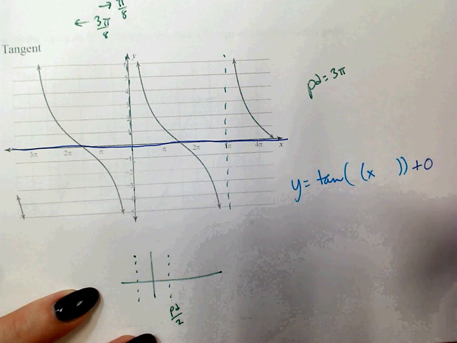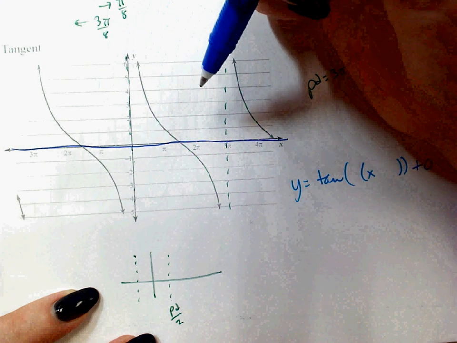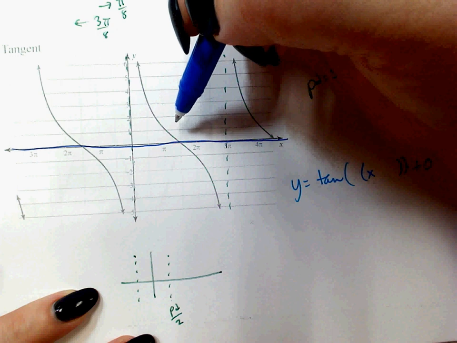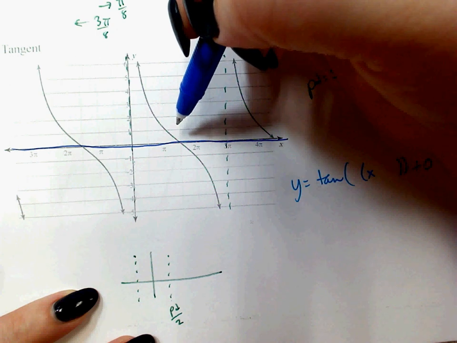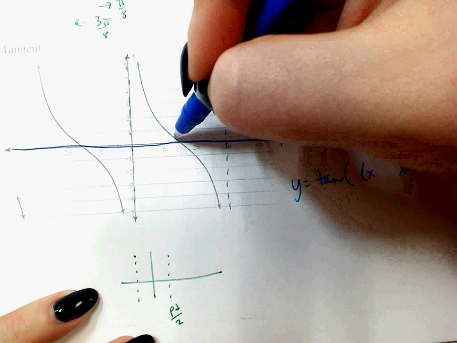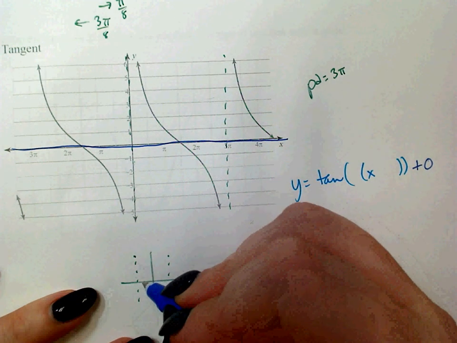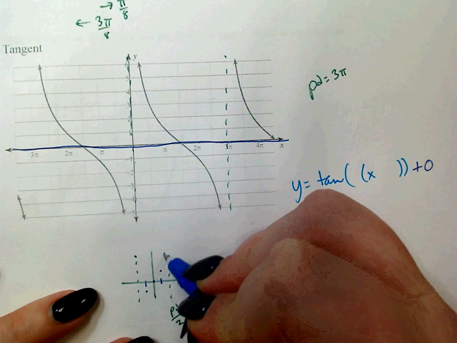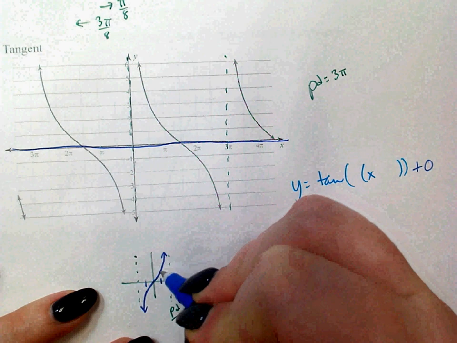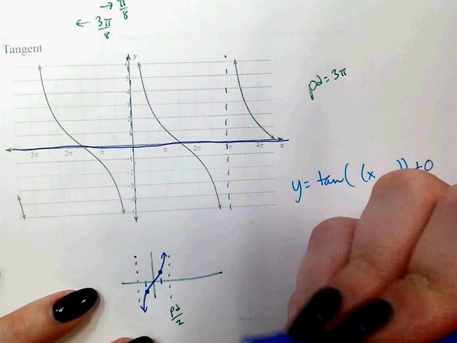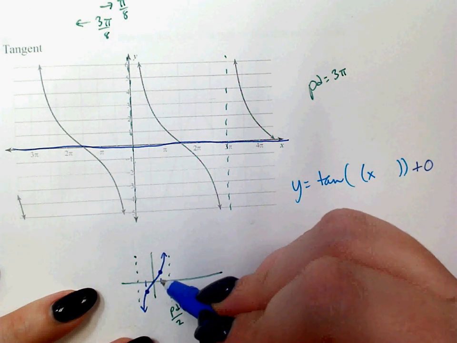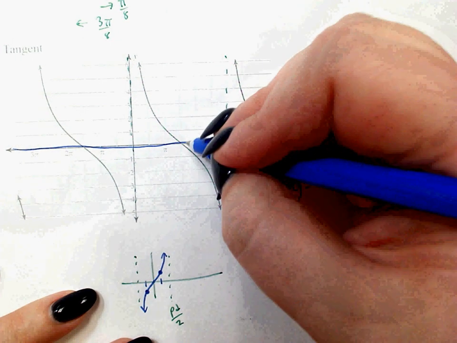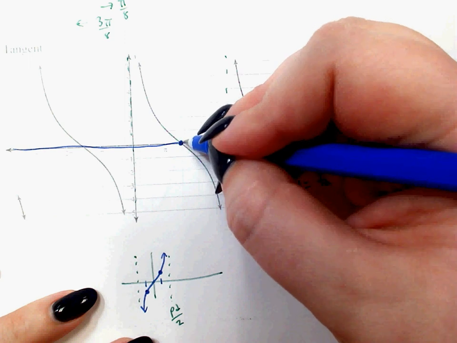Now, the next thing to do is to figure out the vertical stretch. Okay, here's how we do it. Normally a tangent wave does this, right? So the easiest way to figure out your amplitude, or your vertical stretch or compression, is to go over half of your, or a quarter of your period, and go up, and that's where it is, or in this case, down. So if that's the center of my wave, then if I go over a quarter, which is right here, and right here,